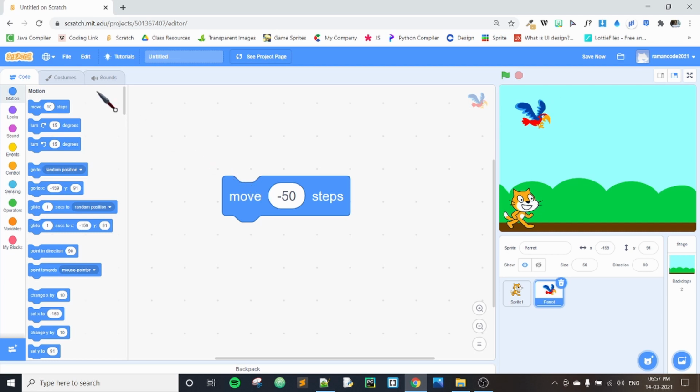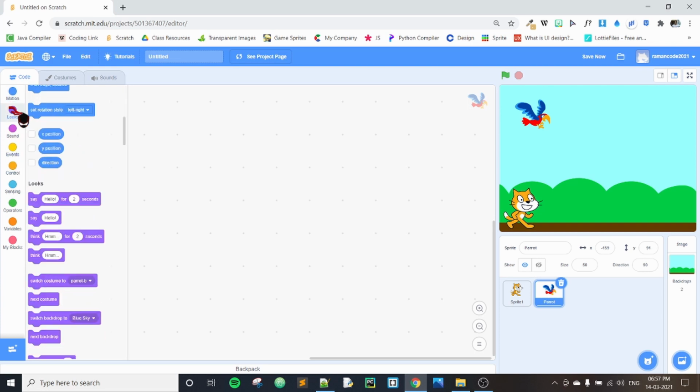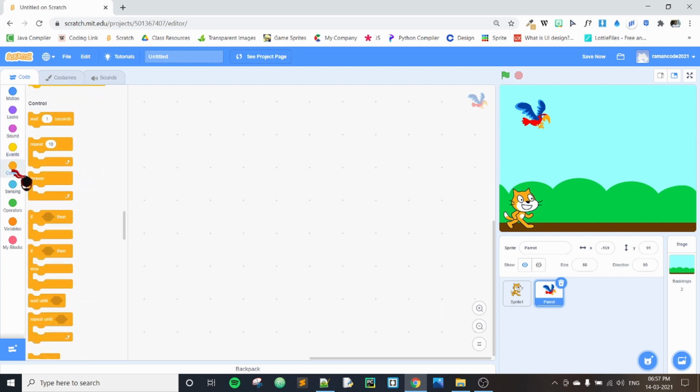Now if you want to remove any block, we'll just click on it and bring it here. Let's say I don't want this block. Simply what you can do is take it and put it on your left side, then it will be removed from your editor. Right. So each and every block that you have here will have its unique functionality. So in my next video, we'll see one by one the usage of all those blocks that you have over here. Right.